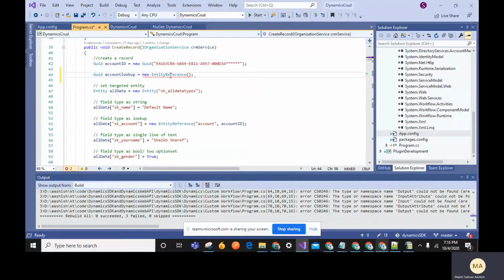When we are writing here, you can hover over it, and it will ask, so we need to add the GUID.